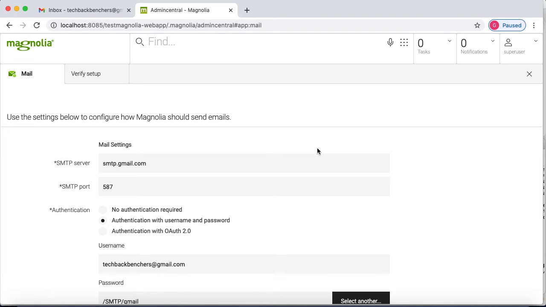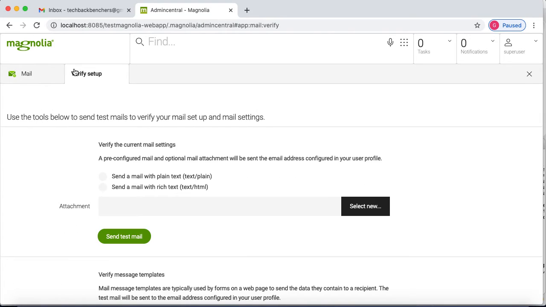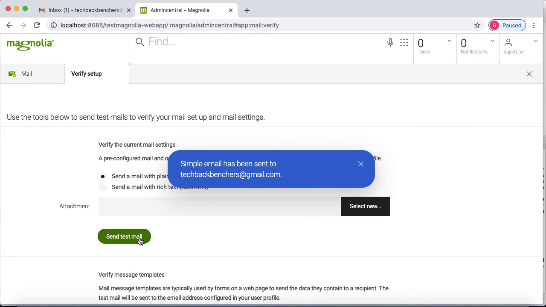So what I will do, I will verify the setup whether we have done the correct setup or not. So we will check whether we are able to send the email from Magnolia Author to Gmail server. I will use this option and send a test email by clicking this button. Yeah, now we can see the message that mail has been sent to the given address.